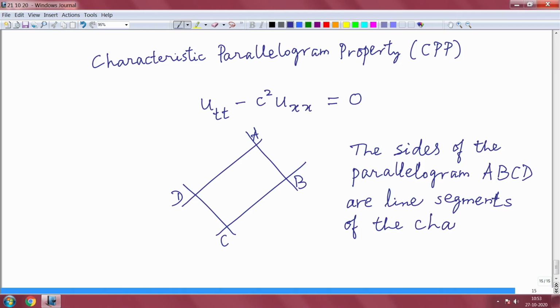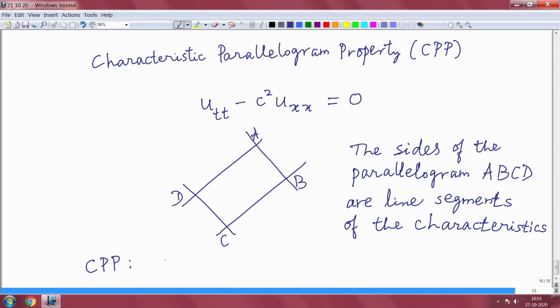So, that is why it is called characteristic parallelogram. Okay. Then the important property CPP